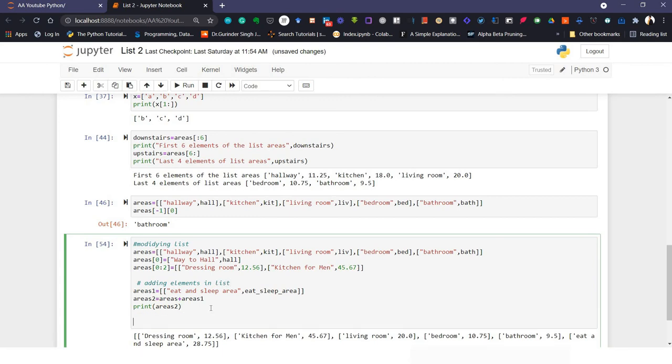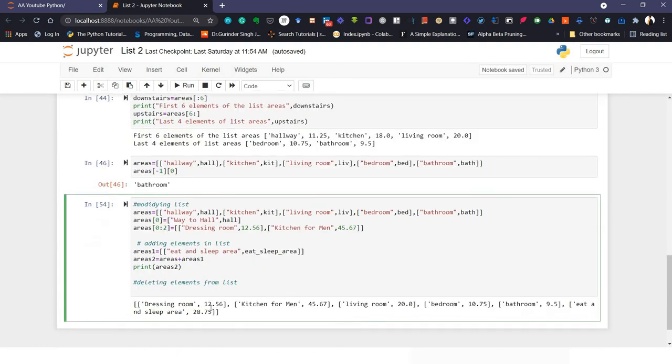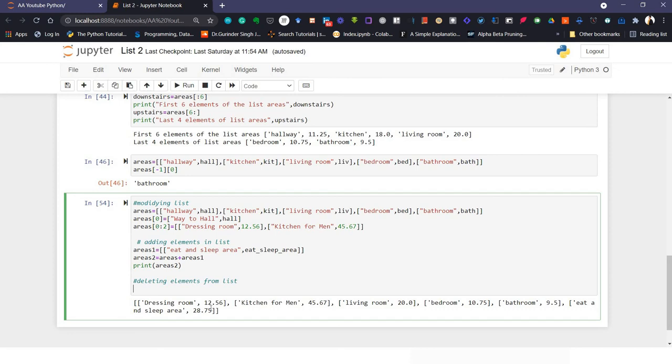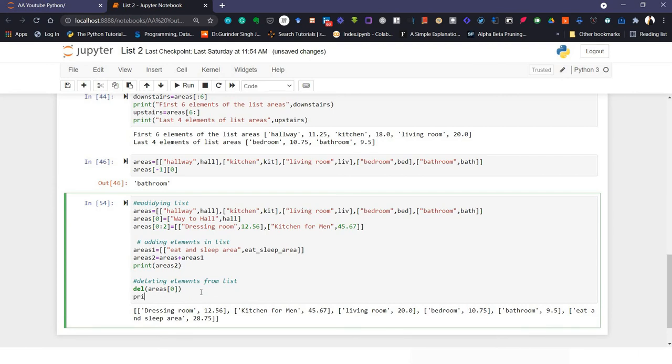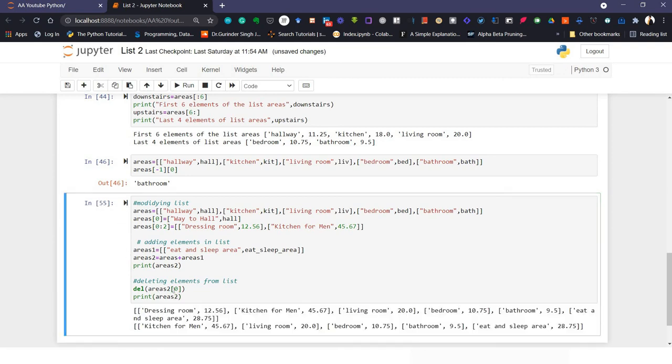And now deleting elements from list. How we can do deleting, how we can do deletion basically. Del is a method. In here I'm putting areas, in case I'm putting area 0, and I'm printing it like areas, not areas 2, areas 2. Okay, now check